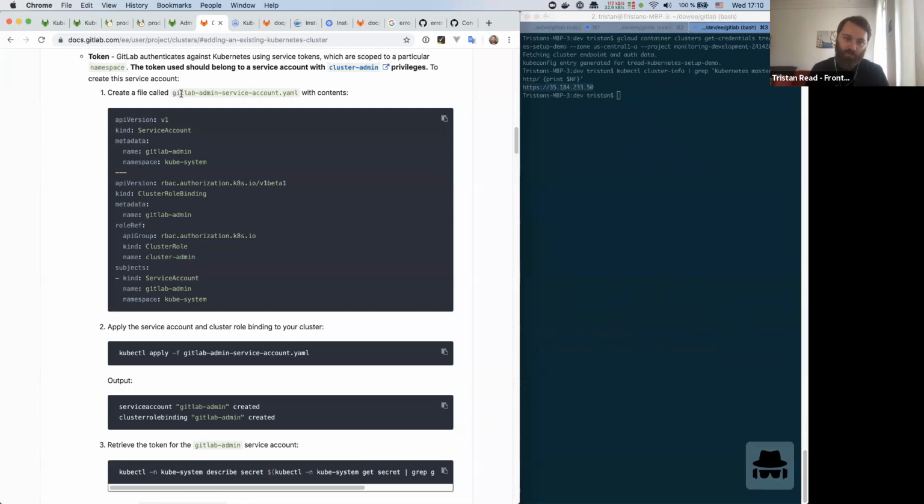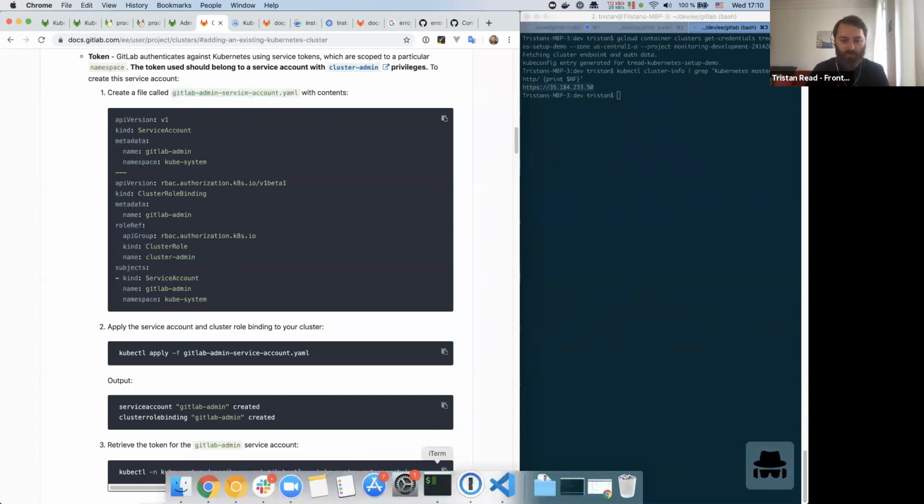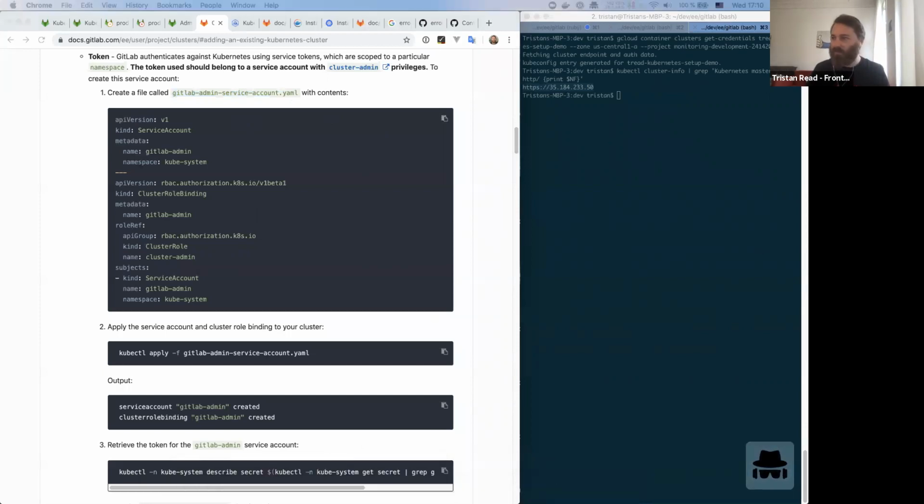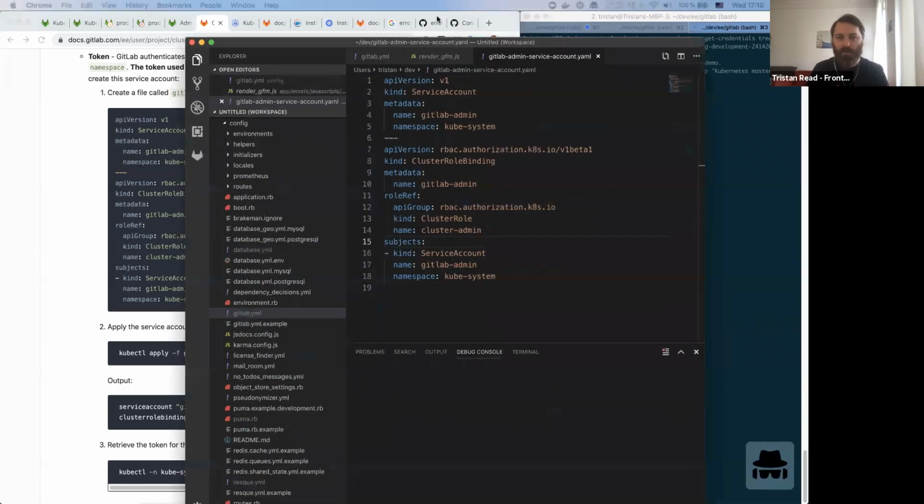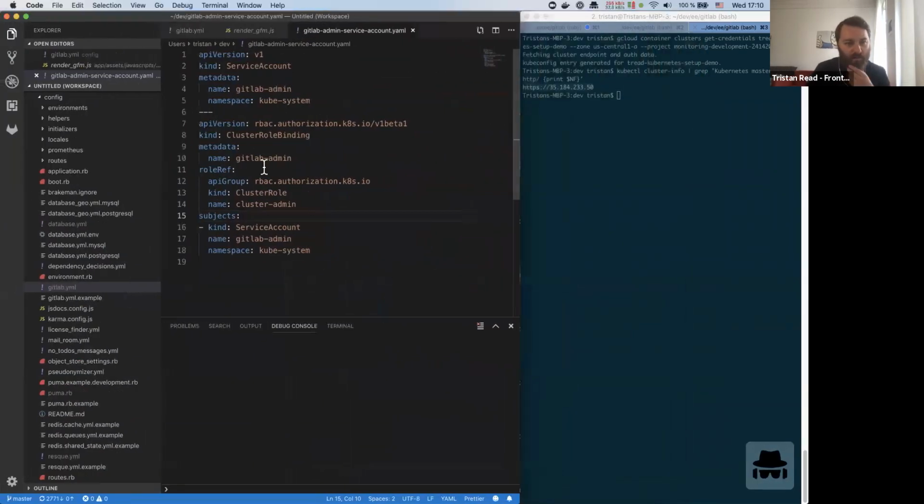So the instruction says create a YAML file with these contents. So I've already done this. As you can see here, there is this file. And then I think it's in this folder. Yeah. So